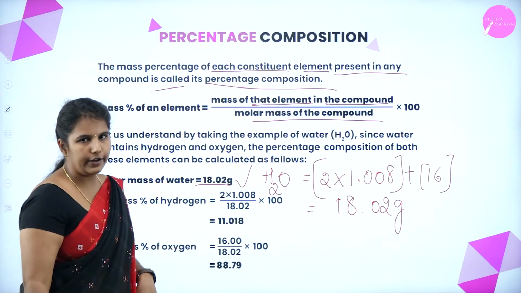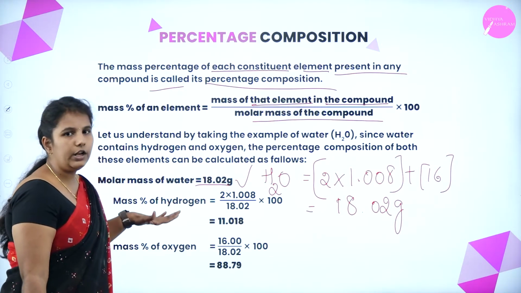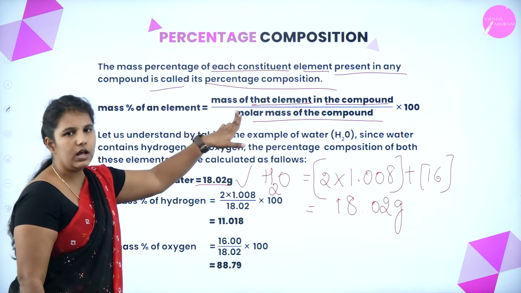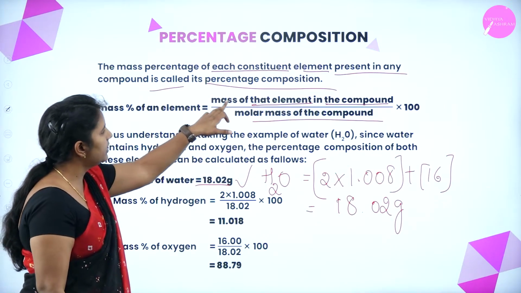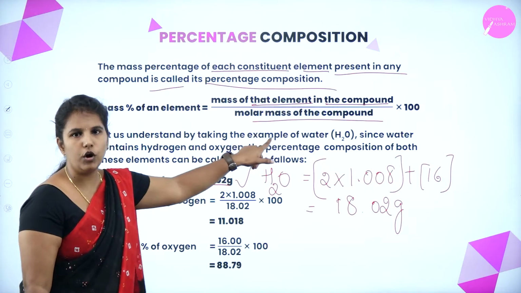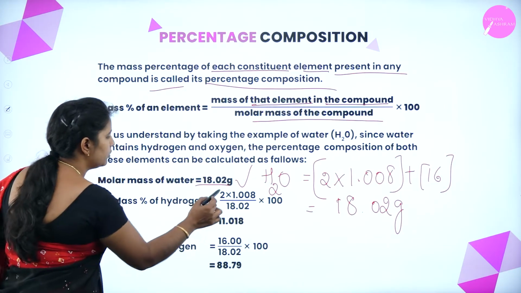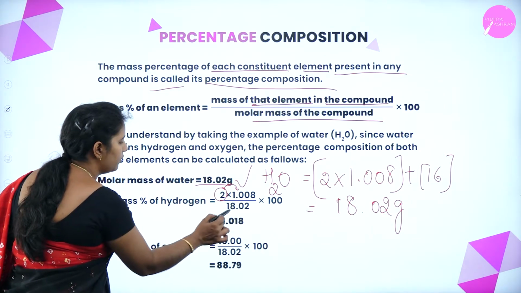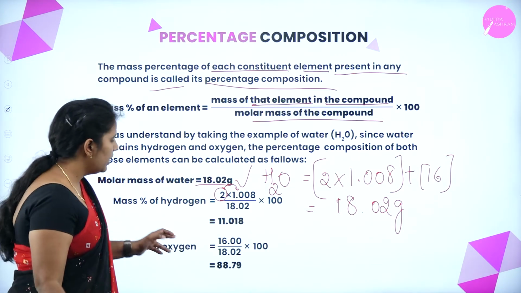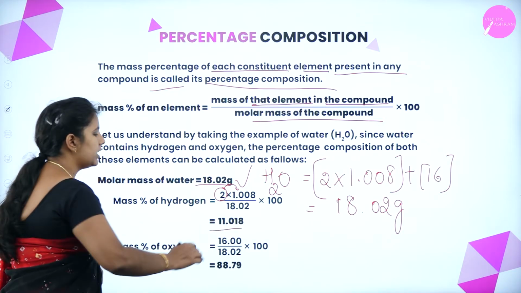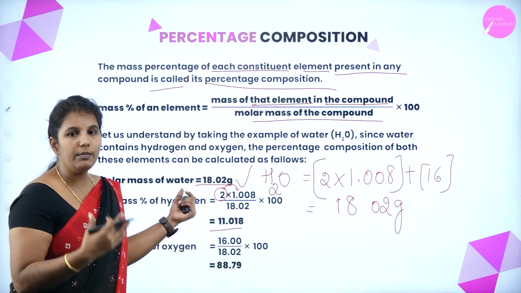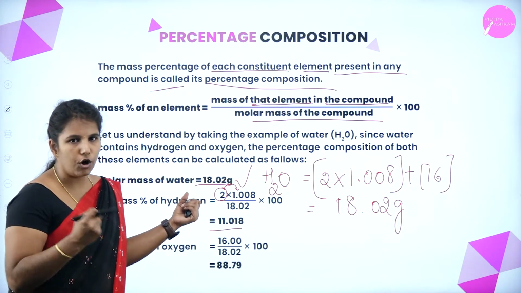First you have to find this out, okay? Later we need to calculate the percentage composition. How to calculate this? By using the formula. The formula says mass of the element, so water consists of 2 hydrogen, so 2 into the atomic mass of the hydrogen divided by the molar mass of the water into 100, which gives rise to 11.18. So this is the percentage of the hydrogen element which is found in the water molecule.